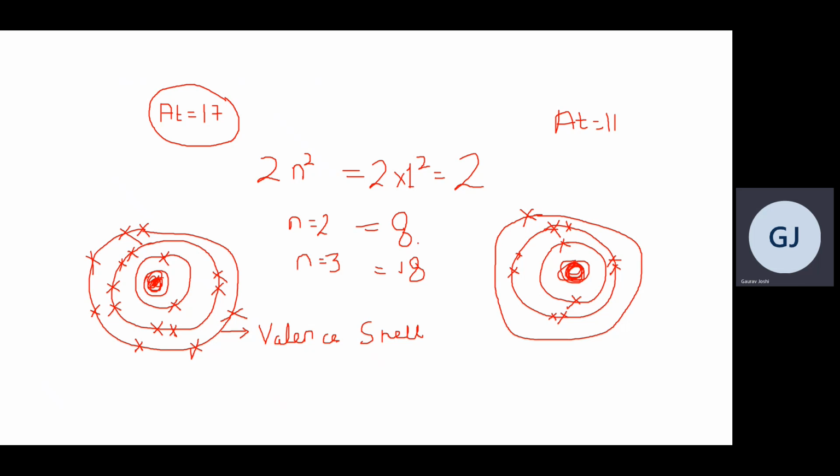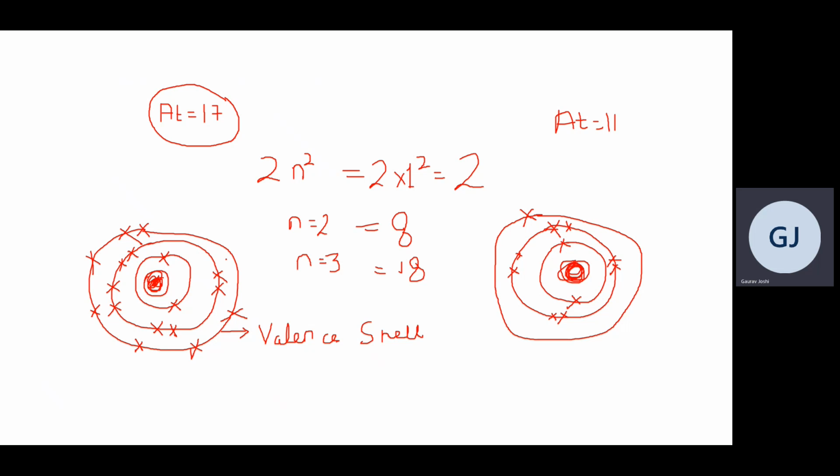Now, how do these atoms actually react? How do these atoms actually combine to form molecules or compounds? That is again a new question. So basically, all the elements need to get stable. When an atom needs to get stable, it needs to complete its outermost cell. What it requires in order to complete its outermost cell is the completion of an octet.